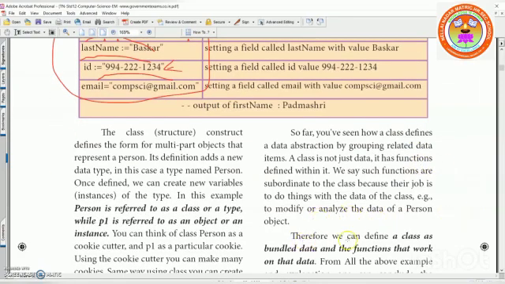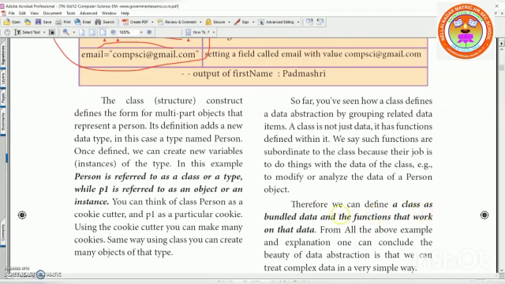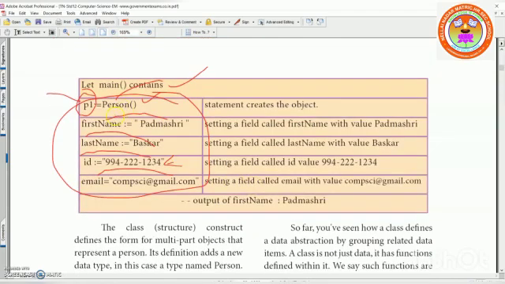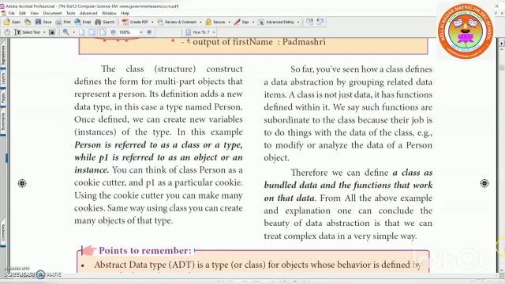Therefore, we can define a class as a bundle of data and the functions that work on that data. These are the data and the function which works on the data. From all the above examples and explanation, one can conclude that the beauty of data abstraction is that we can treat complex data in a very simple way.